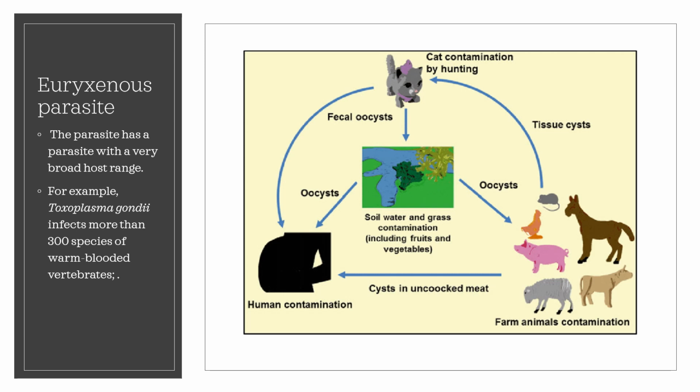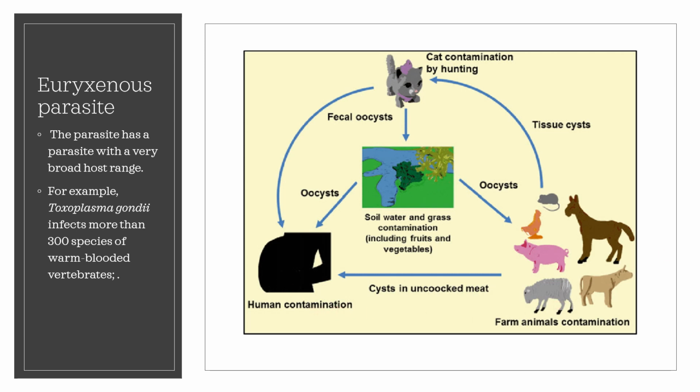We also have the euryxenous parasite. This is a parasite having a very broad host range. An example of this is the protozoan parasite Toxoplasma gondii, which infects more than 300 species of warm-blooded vertebrates. Examining the life cycle of the Toxoplasma gondii, you can see here that the parasite can infect different types of warm-blooded animals, such as ungulates, birds, rodents, and also humans, with different routes